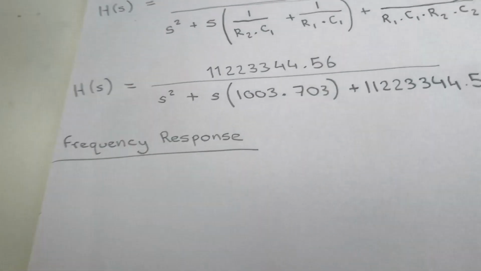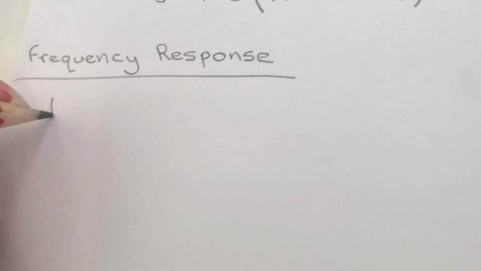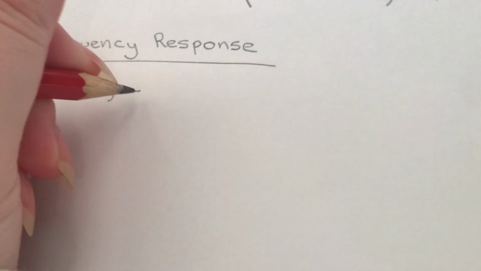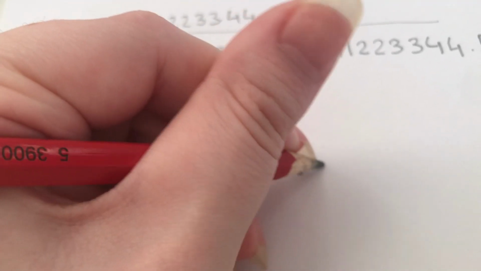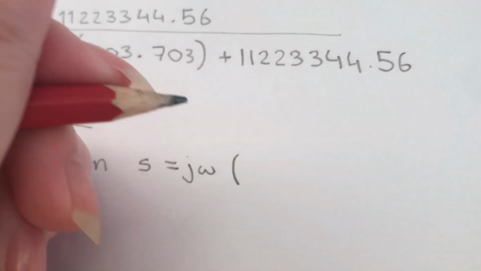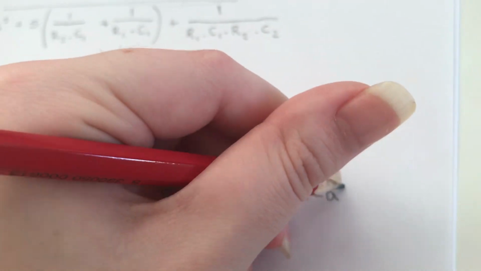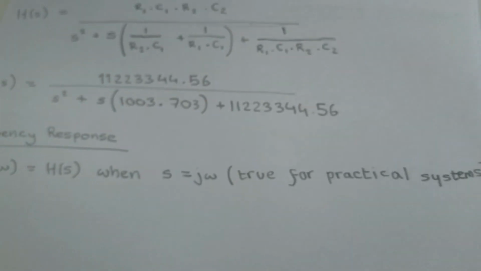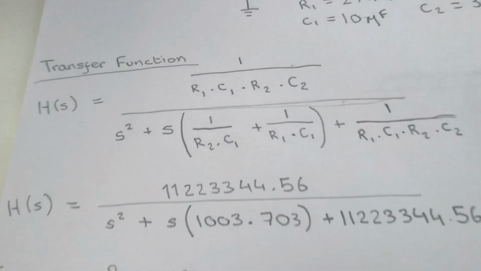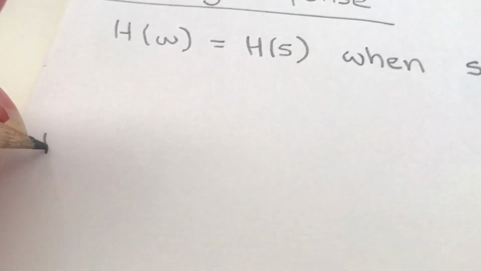So next, from the transfer function we can get the frequency response, because H(w), the frequency response, is the same as the transfer function when s equals jw. This is true for practical systems like this one, so there's a quick note of that. So that means we can rewrite this transfer function as